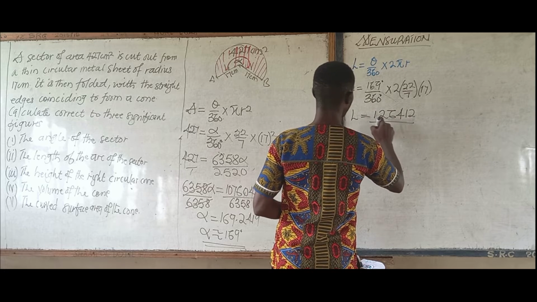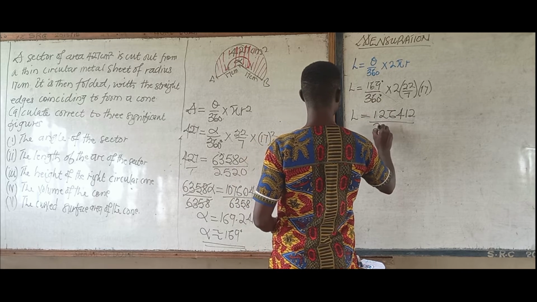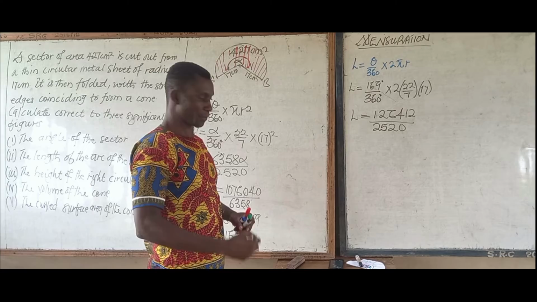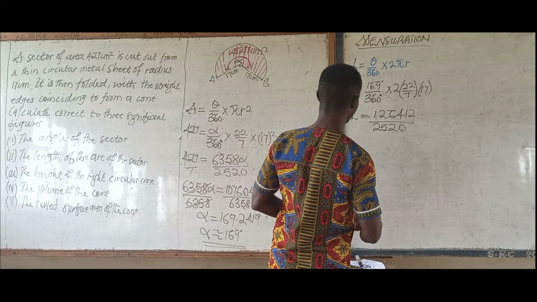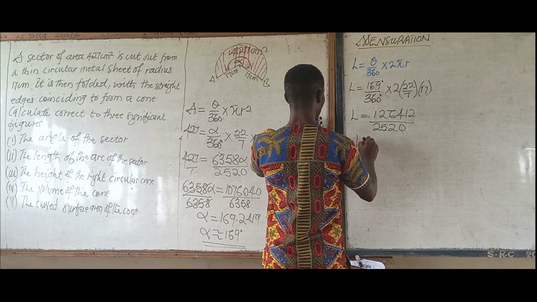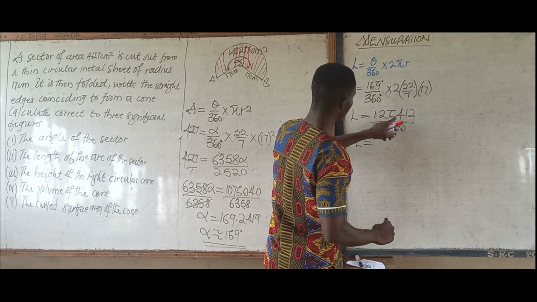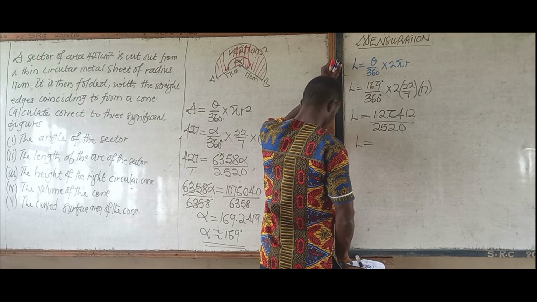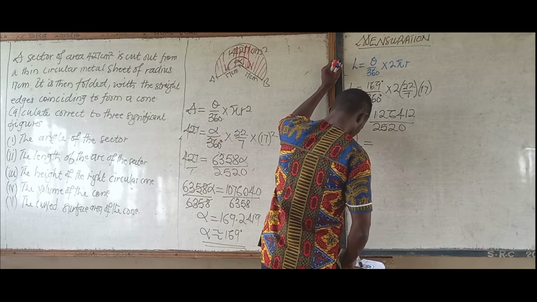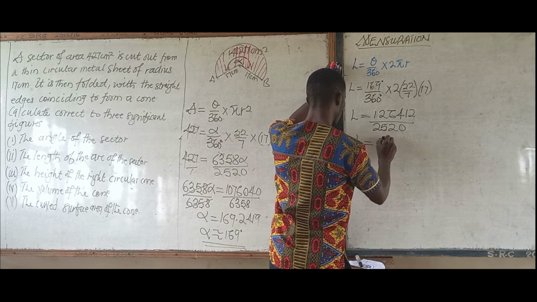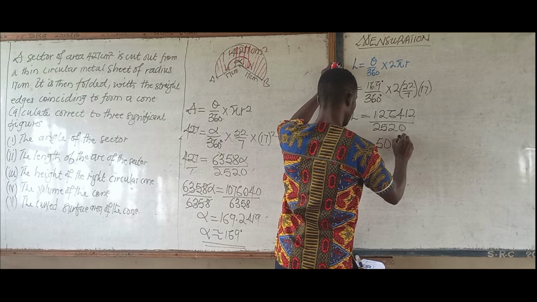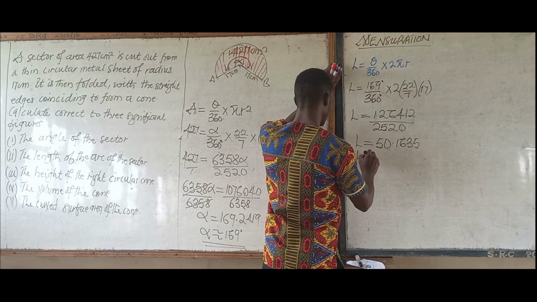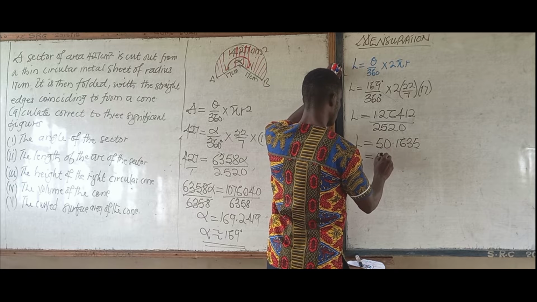Divided by 360 times 7. I think that one will give 2520. So 360 times 7 gives 2520. That is it. That's correct. Now, L will be equal to 126,412 divided by 2520. What do you get? 50.1635. So the length of the arc should be equal to 50.1635